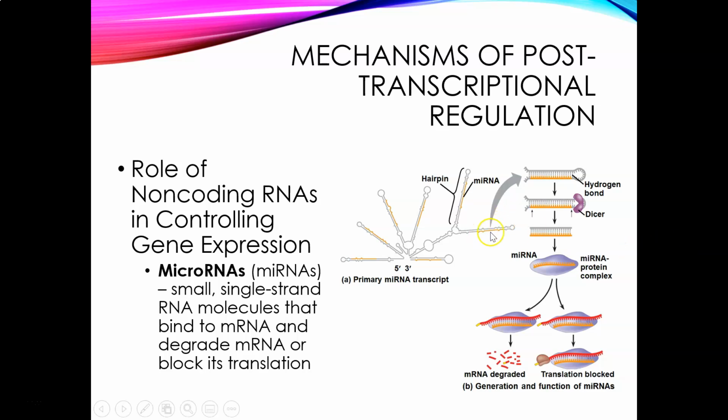So with these little hairpin loops, the microRNAs will hydrogen bond to themselves. We'll use a Dicer protein that will clip these loops off. This top part, this gray piece of the microRNA that doesn't have the actual complementary sequence, will get degraded, and then that microRNA will be connected to this protein complex. It's basically an enzyme. What that ends up doing is that this sequence of microRNA is very specifically complementary to the messenger RNA code, or at least part of it, that we want to stop the translation of.